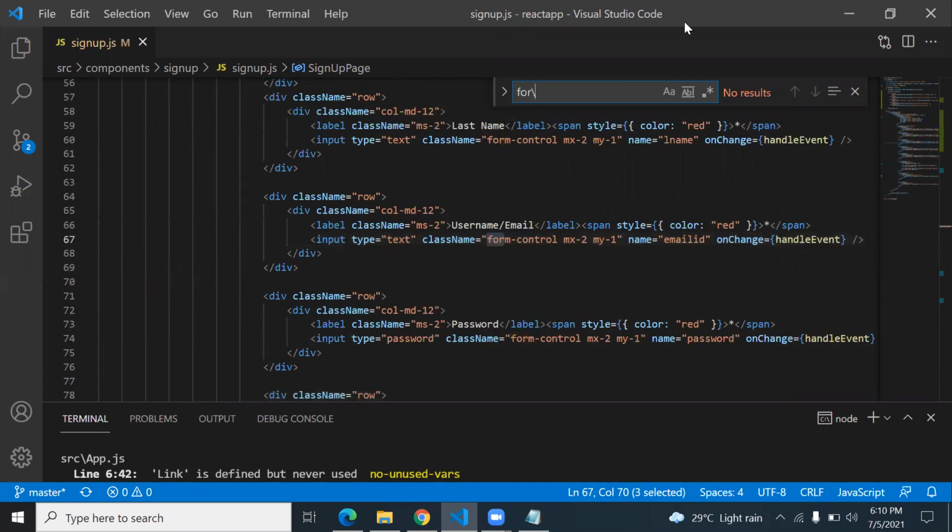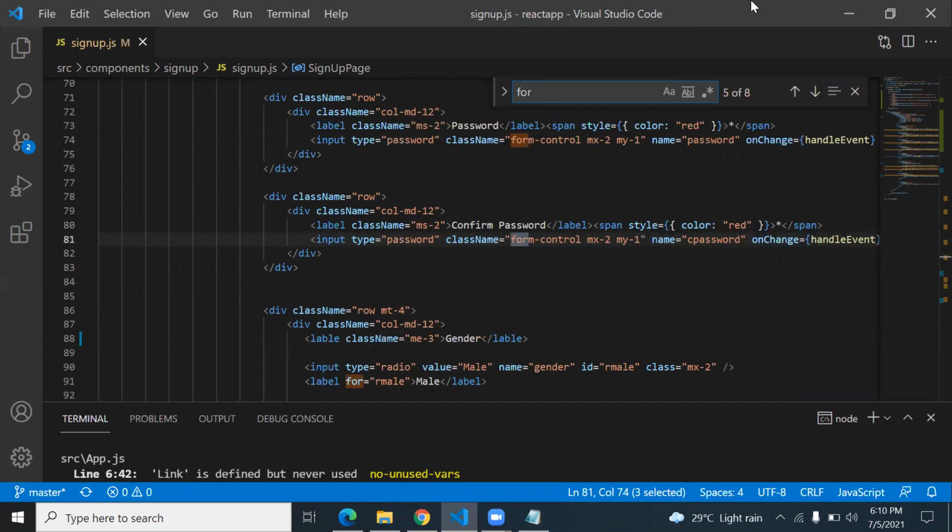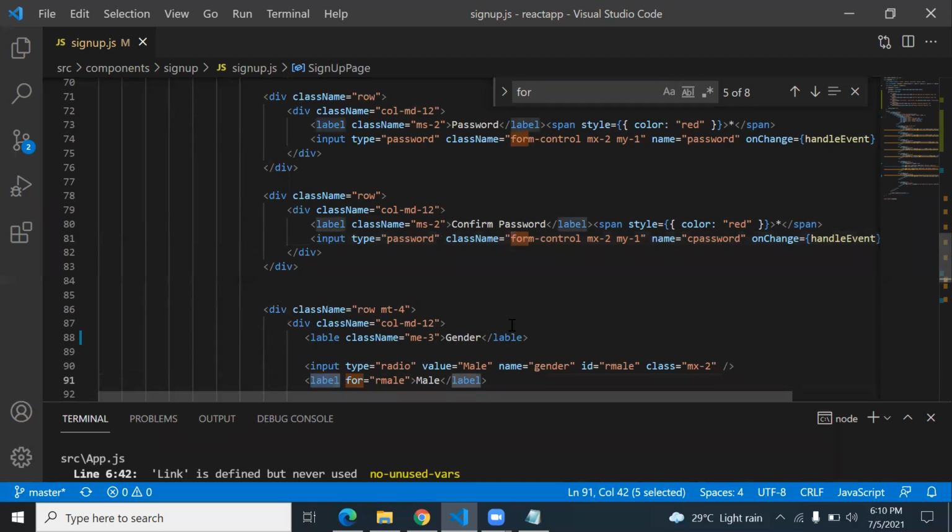I'm using the for property. This one. Okay, so React is not able to render it. Okay, for the label, we can ignore the error.